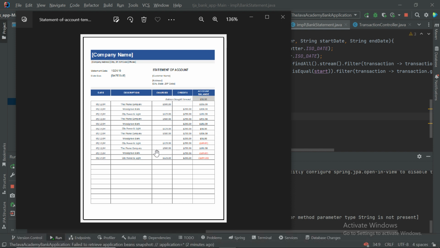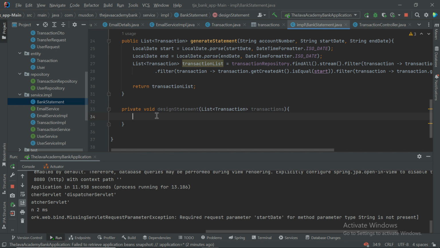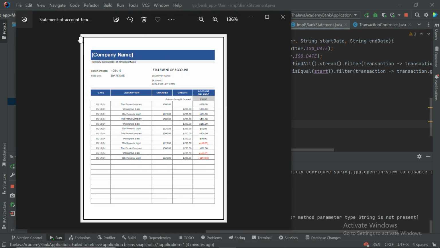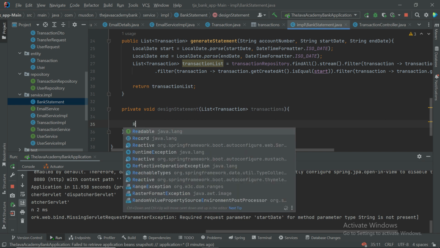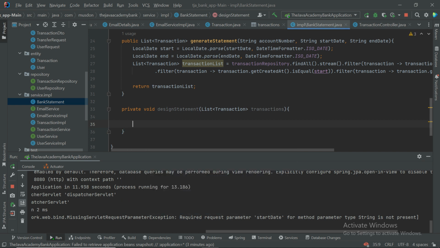So this is our target. We might get something close to this. But this is our target, and we'll work towards getting something close to it. So, having done this, the first thing is to design the size of the account statement. As you can see, this is like an A4 paper size, so I need to specify that size. Or even before that, I think the first thing to do should be